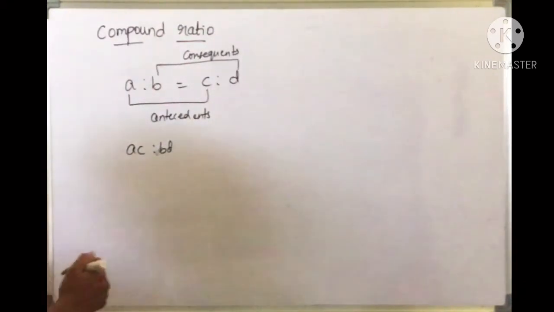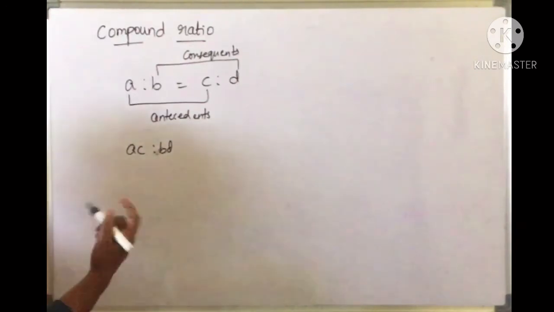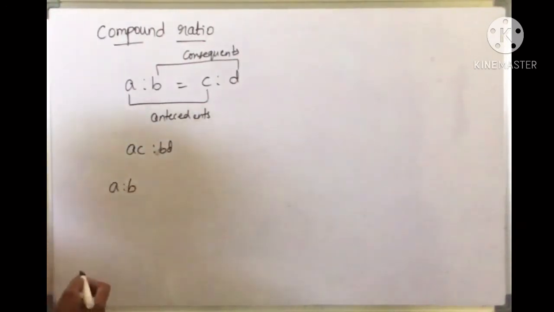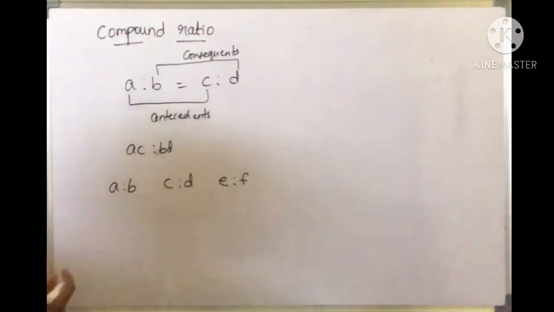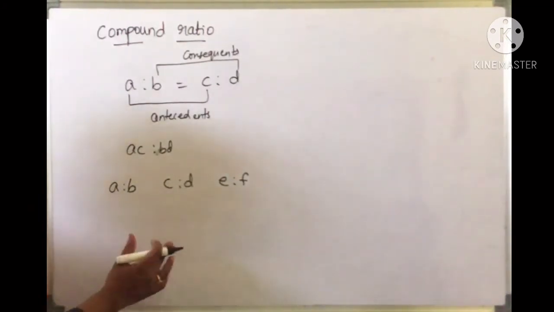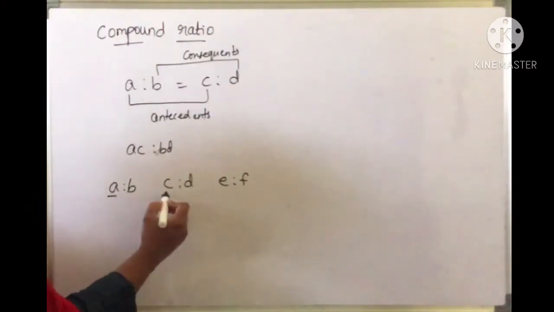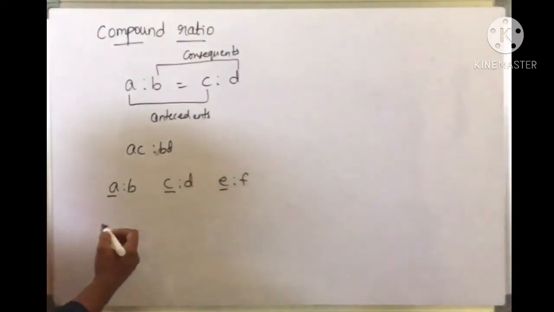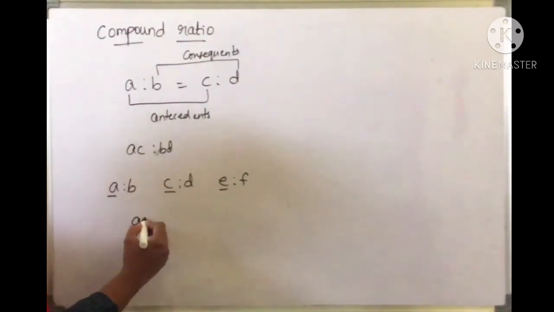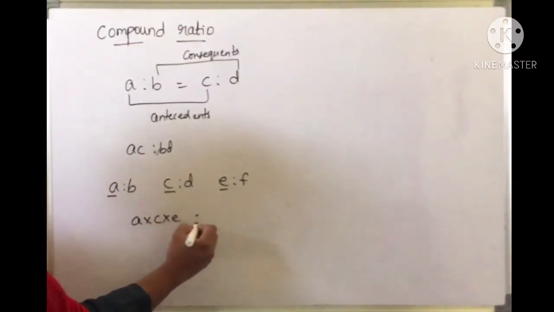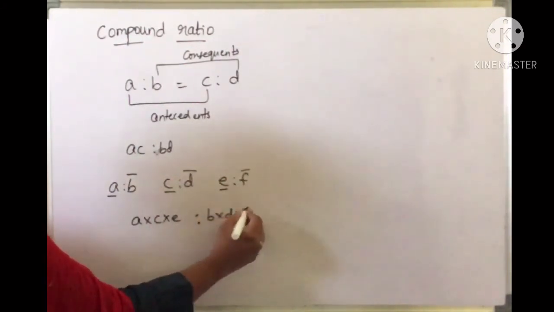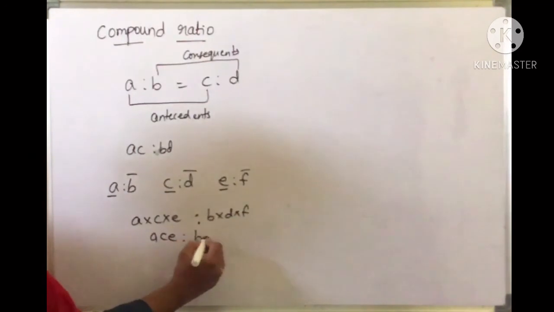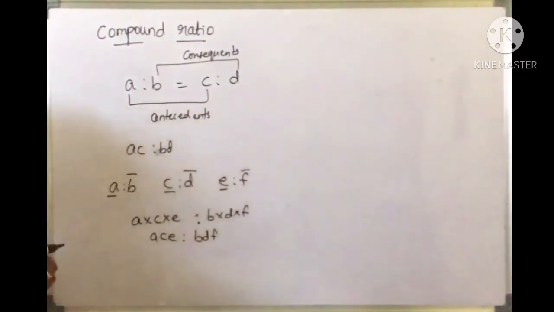And we can take three also, children. For two or more ratios you can take. For example, A is to B is one ratio, C is to D is another ratio, and E is to F is another ratio. Now we make it a single ratio. How? Compound ratio. Here A is the first term, C is the first term, E is the first term. So the product of these three, A into C into E, is to, what is the second term? B, D, F. So B into D into F. That is ACE is to BDF, a single ratio of these three ratios. So we call it a compound ratio.